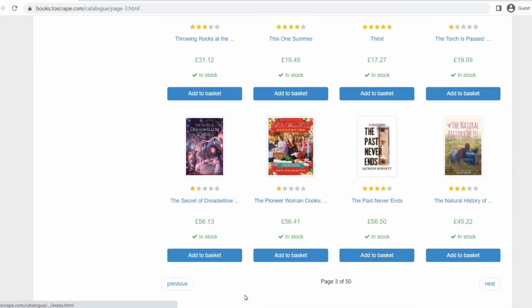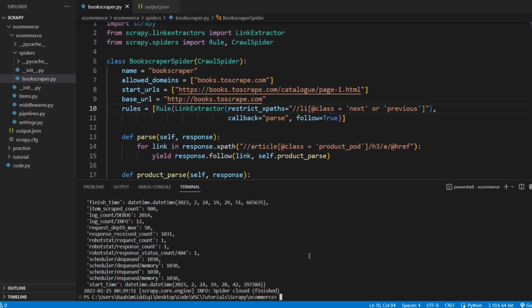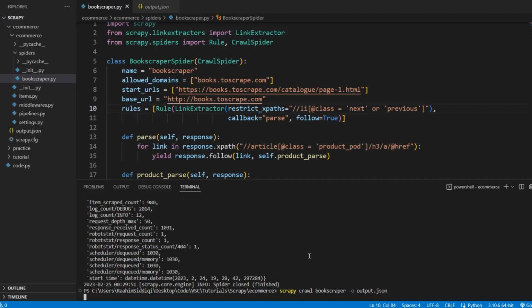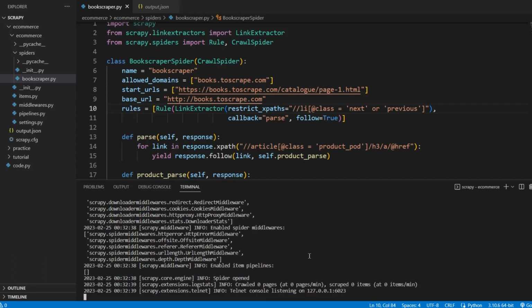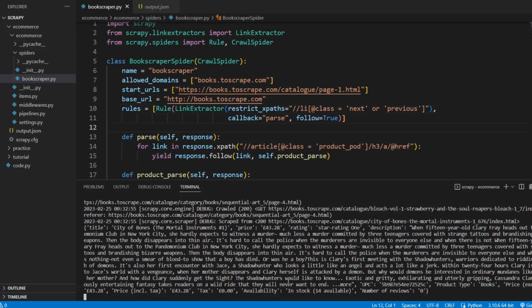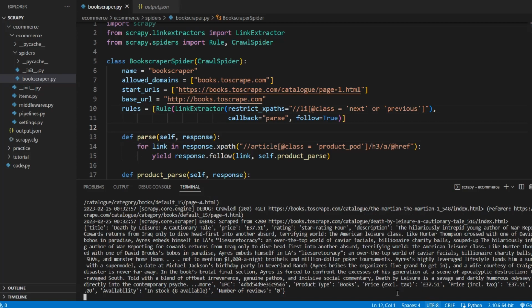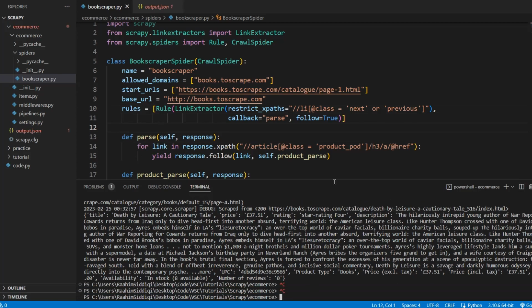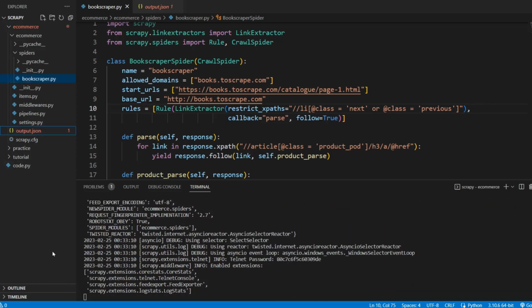Okay, and the reason why you might think that this could end up in duplication, like if we're on page 3 and then it's going to follow this link back to page 2, and you might think it's going to scrape page 2 again, but it's actually not going to, because Scrapy has a built-in feature where it won't scrape the same URL twice. So I'm going to run this code, and hold on. Let me just cancel this somehow. Whoops, cancel. And I'm pretty sure this was supposed to be class is equal to previous, and that's with an A. All right, let's try this and delete the old one,